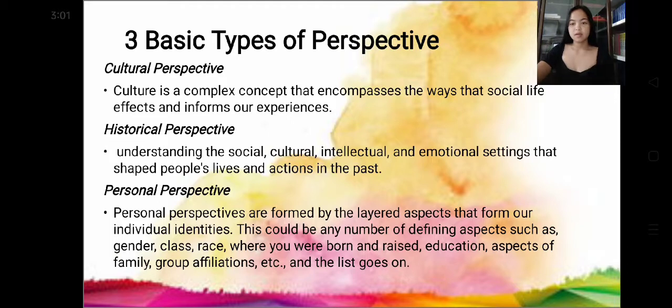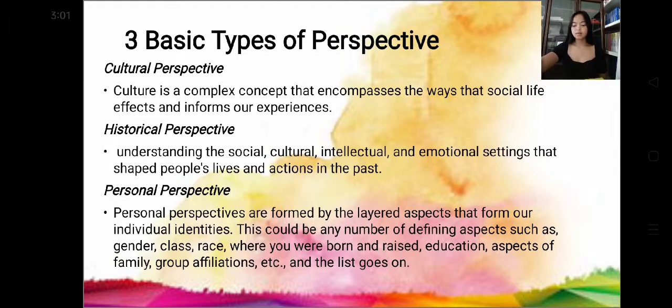And the second is historical perspective. Understanding the social, cultural, intellectual, and emotional settings that shape people's lives and actions in the past. If we talk about historical perspective, this is a timeline where we travel back in time to know more about our country's history in art. Example, during the pre-colonial time, there were already indigenous spiritual traditions practiced by the people in the Philippines. Their practices were a collection of beliefs and cultural practices guided by the idea that the world is inhabited by spirits and supernatural